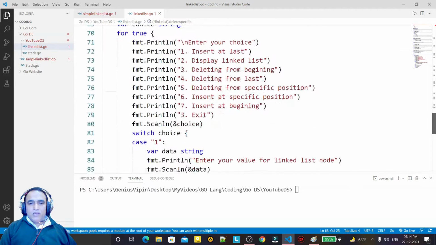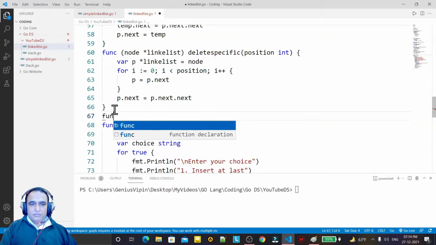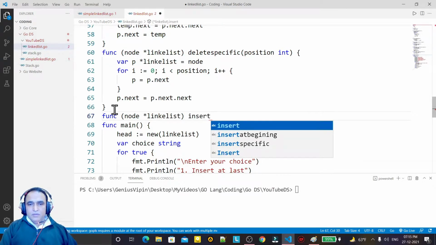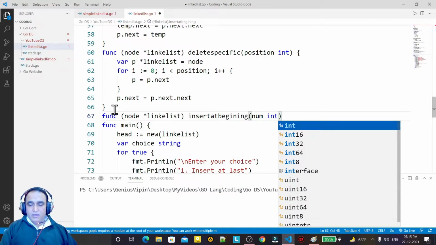Now we have the last one, insert at beginning. So for insert at beginning, we have a function node linked list, and I say insert at beginning, and here I have to pass a num of int type.